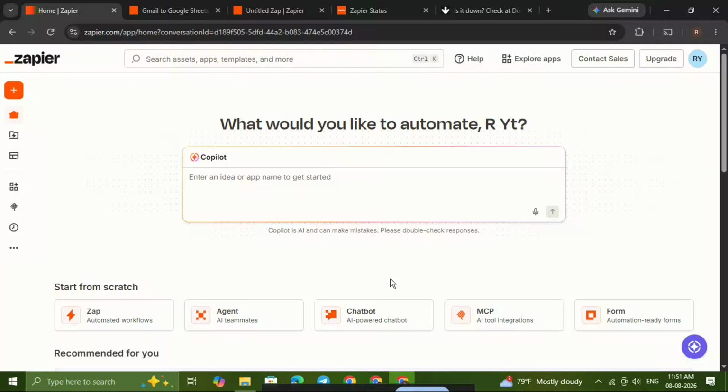If Zapier is showing error 503, don't panic. In this video, I'll show you a simple step-by-step way to troubleshoot the issue, reconnect your app account, check permissions, and verify whether the problem is with Zapier or with the app you're integrating. This is especially helpful if your Zap suddenly stops working, your workflow fails to publish, or your integration starts returning